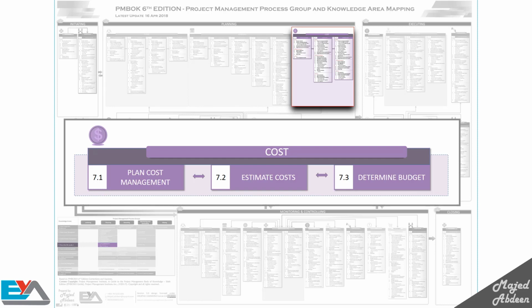Now, after you put the guidelines in place for all the cost activities, you will need to estimate the costs for the activities in your project so you have an approximate measurement of how much money you will pay. Lastly, we have determine budget. By aggregating or adding together the estimated costs, you will be able to determine the cost baseline. When we define the budget, as project managers, we calculate the total cost, so we know how much money the company needs to have available for the project. The result of calculating the total cost of the project is the budget.